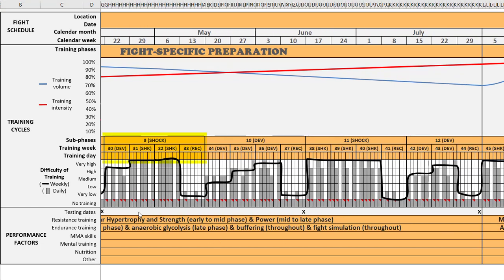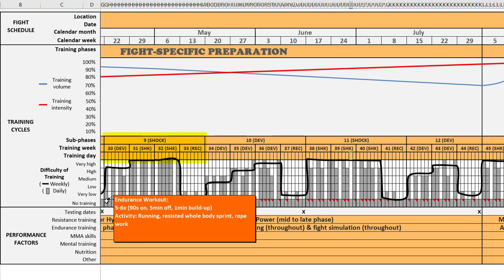So as we move into the fight-specific preparatory phase, we move into sub-phase 9 here. And this is our second shock sub-phase, and it's the 3-to-1 loading plan. So as we move into another shock sub-phase, we move down to the 90-second work interval range for endurance training. Now, again, there's a lot of ways that you can work this, but the way that we've been building this in this fight plan is the first workout, it's generally a whole body movement, and then the second endurance workout, we generally try to feature MMA specific movements, but you can tweak those things accordingly as you prefer.